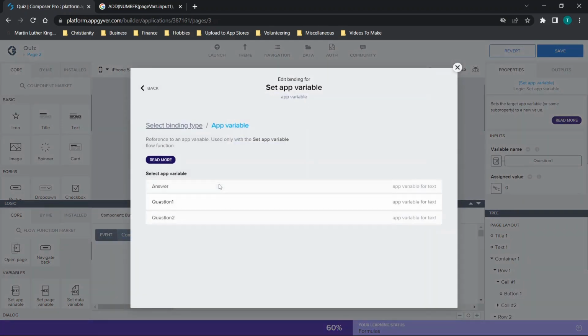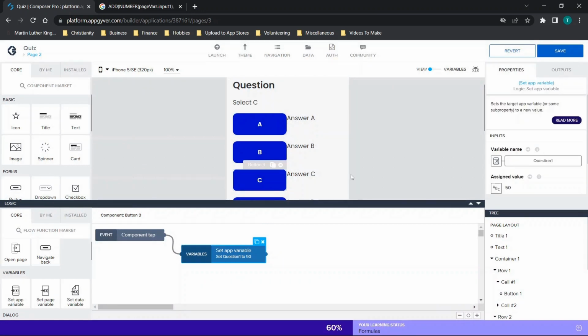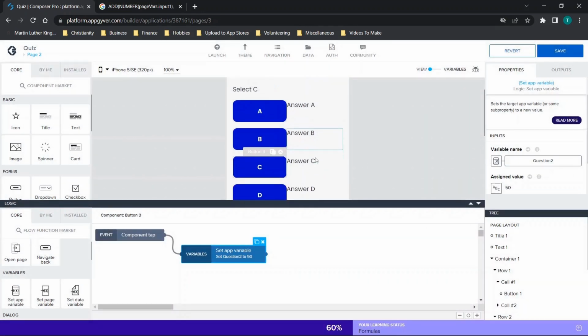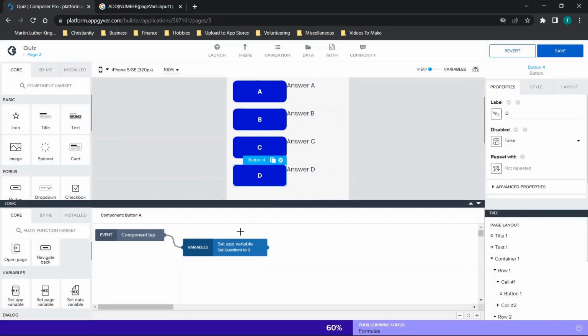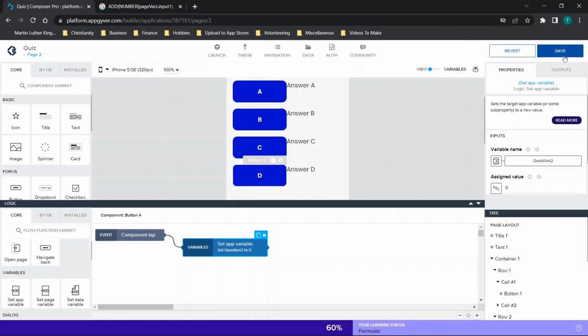So the issue here is if you come up with a very long test, and at some point you skip this step of making sure that you're referring to question variable 2 or 3, then you start overwriting and then potentially giving people incorrect final test results, so to speak. So what we're going to do is make sure that we have question 2 selected for all of these